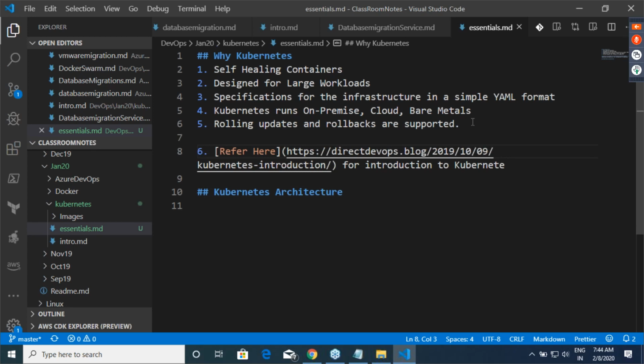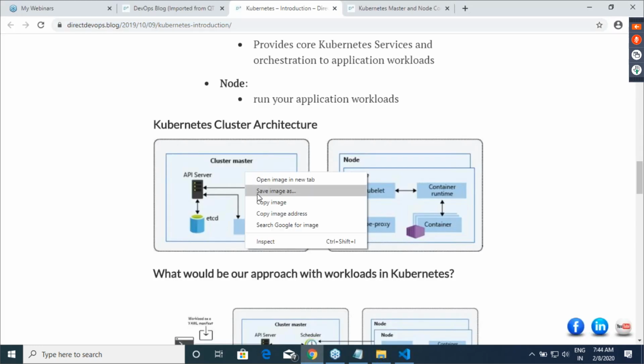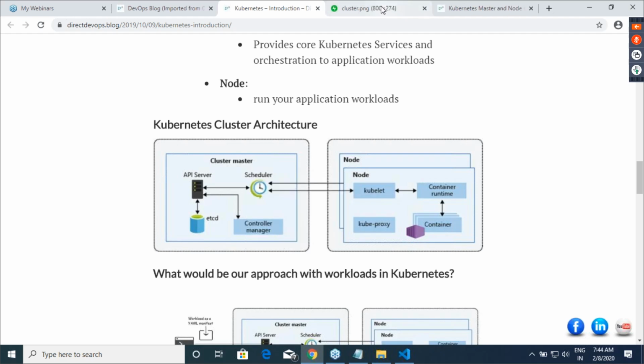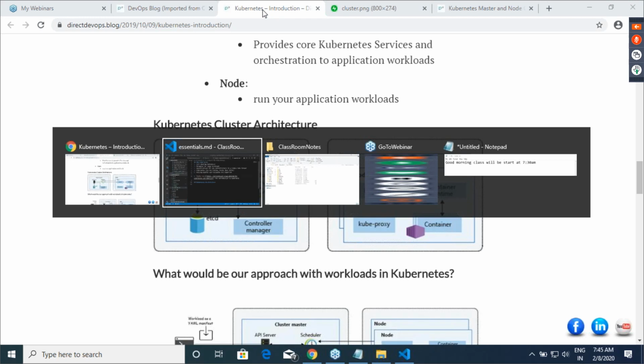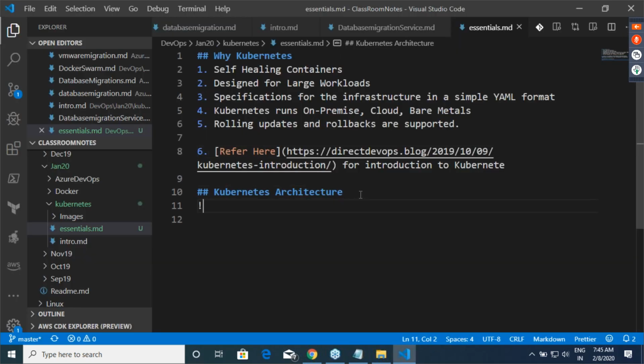If I'm speaking about Kubernetes architecture, let us copy the image address.